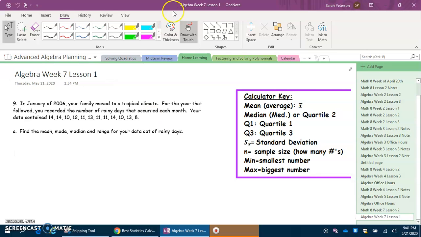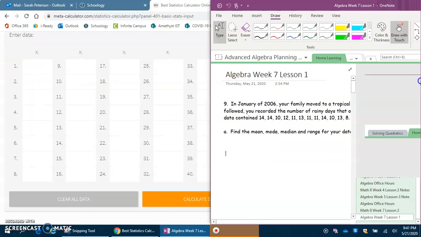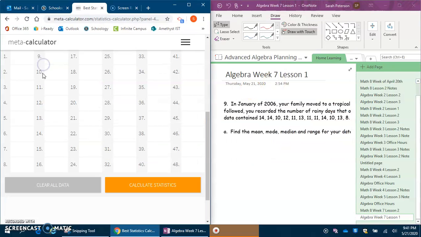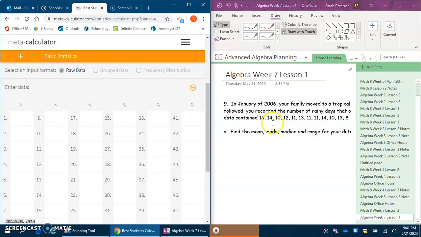So the first thing you're going to do is you are going to plug in all the numbers, and what's great about the stats calculator is you don't have to do it in order, so you can just kind of look at the data and just type it in. So I'm just going to literally type it in as it's listed. So my first number is 14, second number is 14, 10, 12,